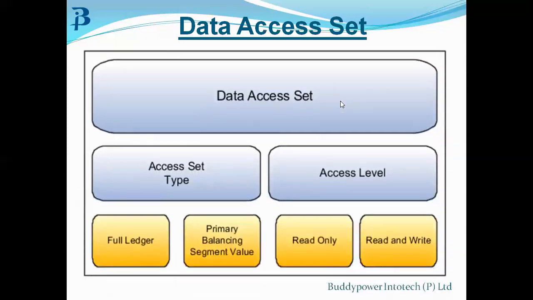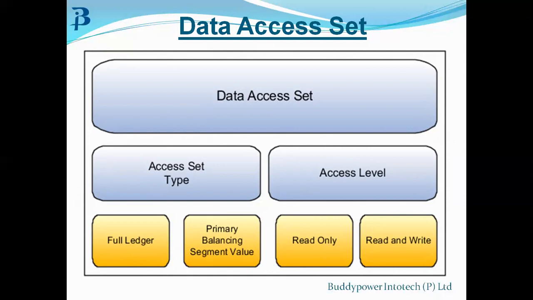So we know that the general ledger functions and data are secured through job roles, right? The data access sets and security roles. Each job role includes direct privileges like grants, which provide access to application functions for their responsibilities. Unless and until you give access to a job role, you can't do your responsibilities properly, right? So you need to define those access for each and every role. That is what is done in this data access set.